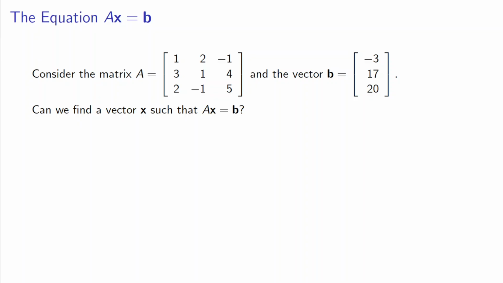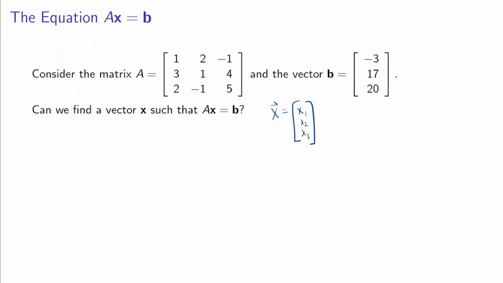Let's say we have a 3 by 3 matrix A, 1, 2, -1, 3, 1, 4, 2, -1, 5, and a vector B in R3, -3, 17, 20. We might ask the question, can we find a vector X such that the matrix vector product A times X equals B? First of all, we would want to figure out what space X would live in, what dimension it would be. In this case, it would have to be in R3. So if we could find such an X, then X might take on the form x1, x2, x3,